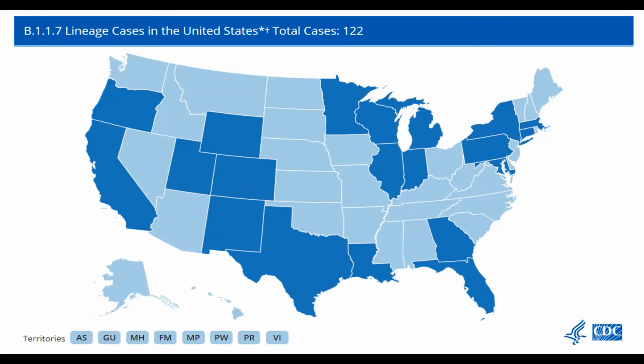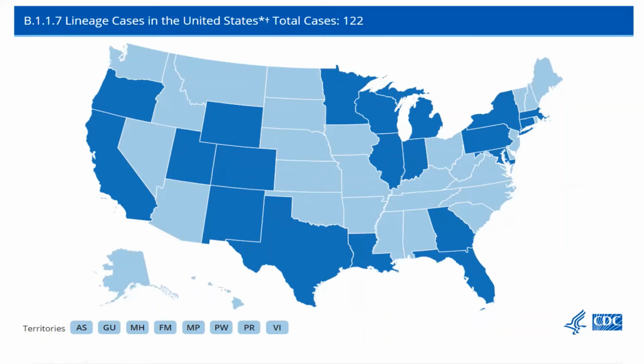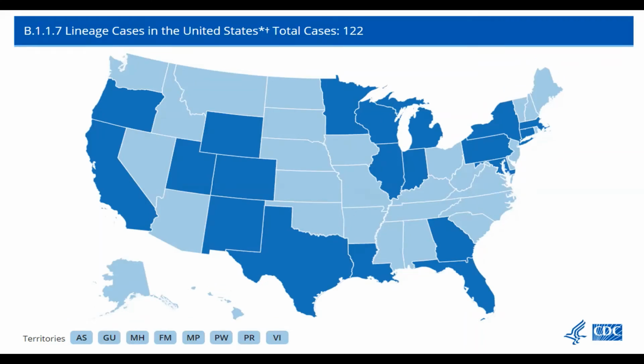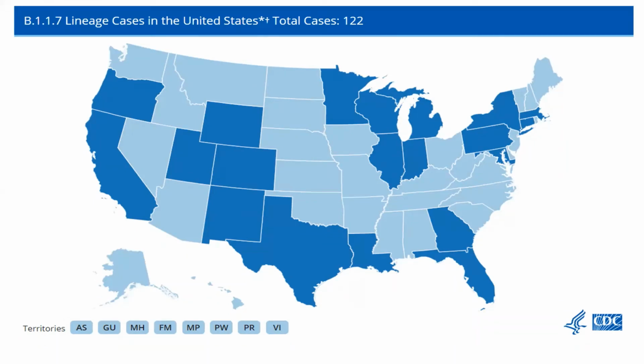And again, there is another variant that is the South African variant called 1351. That is different than the UK variant. In South Africa, that is also more virulent. None of those cases have come to the US now. And the third variant the CDC is tracking is P1. And P1 is the first variant that may be more difficult to detect as our test. Like when we do antibody tests where we have an existing set of markers we're looking for, P1 is the first one that's changed enough that it may render some of our testing for antibodies, not necessarily the symptomatic testing, but the antibodies testing less effective. Again, doesn't mean it renders a vaccine.